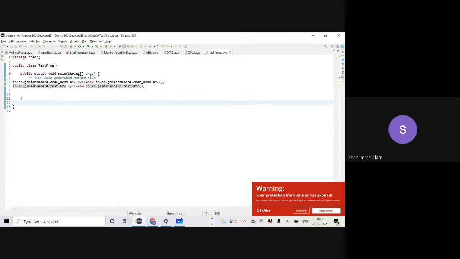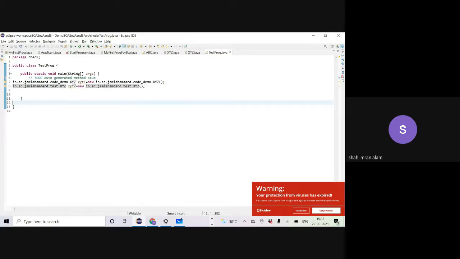So here what we have done to distinguish that this particular xyz class is from a separate package and this xyz class is from a separate package, we have used the fully qualified name. पूरा नाम बताए. For example, in a class if you have two students with the name Suhail, we will say Suhail son of Abdul Rashid and Suhail son of say Asif Khan. So we are using the fully qualified name along with his father's name to distinguish between these two Suhails in the same class, right?